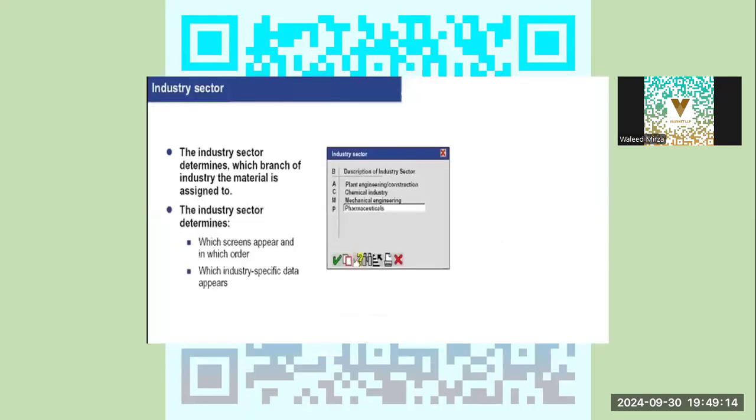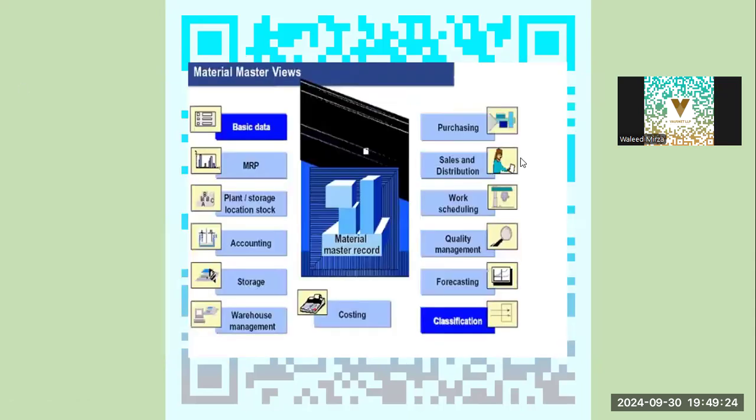Industry sectors, yes, they can be many, as we can see over here. And for each industry sector, we have different treatment in SAP. So broadly, what do we have in the Material Master? We have these screens, and these part segments that make up a Material Master, like quality, QM, accounting, storage,